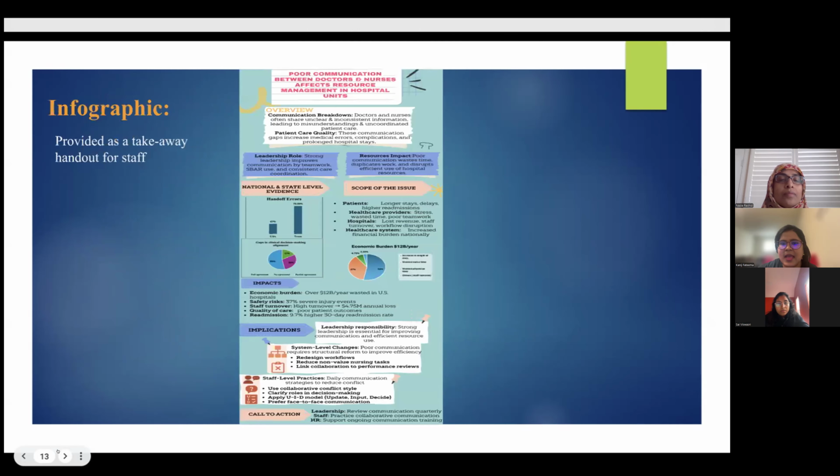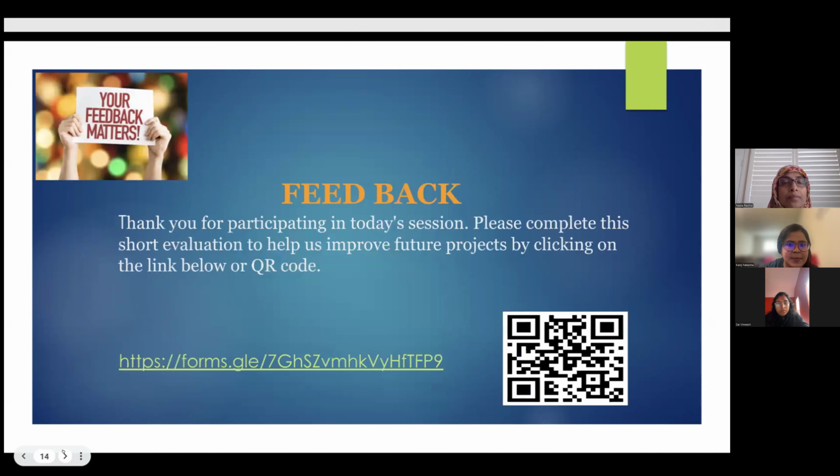This slide is showing our infographic. We can use this infographic as a takeaway handout for staff to increase learning and promote better teamwork. In our next slide,